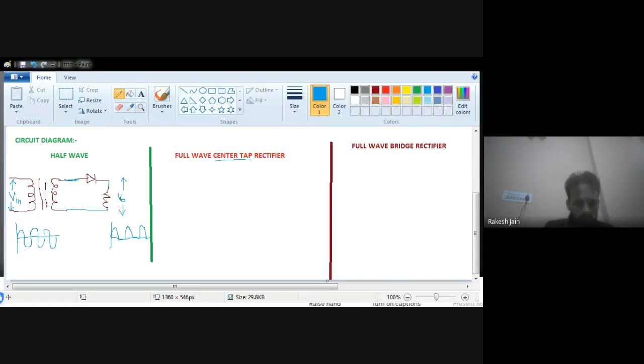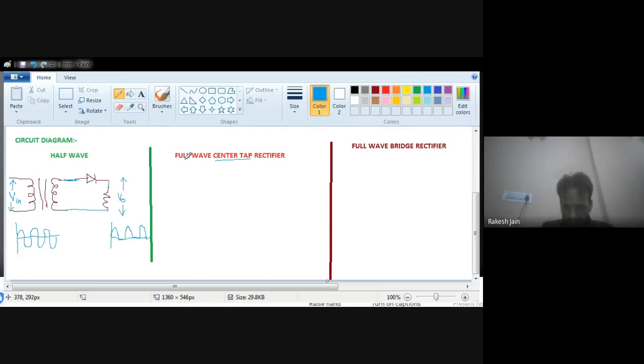Okay, so like a 12 transformer, it means the input is 230 volt AC and output is 12, 0 and minus 12. A 9-0-9 transformer means the input is 230 volt AC, and output is also AC, but the output is 9 volt wire, 0 volt wire and minus 9 volt wire. So this is a center tap transformer.